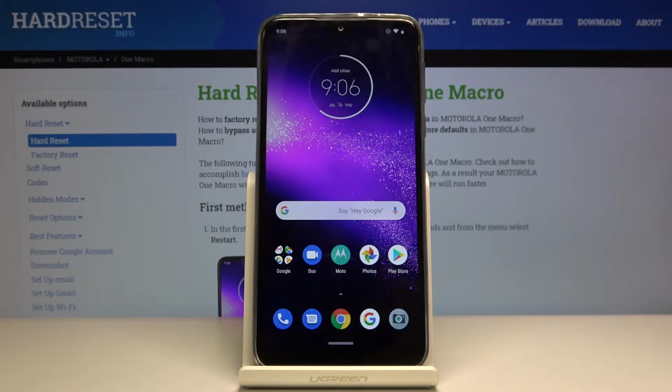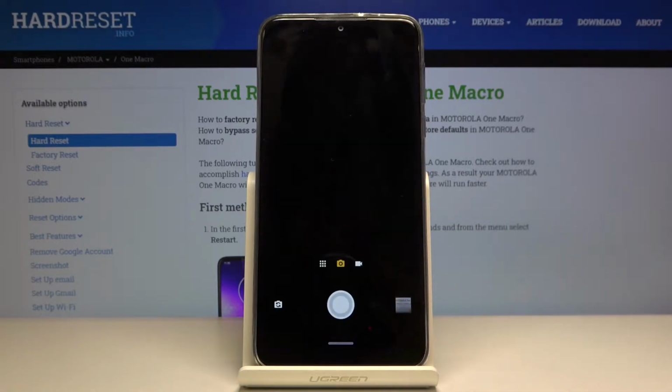Welcome, here I've got Motorola One Macro and I'm gonna show you how to change aspect ratio in the camera app on this device. So at first we have to tap on the camera button here to open it,